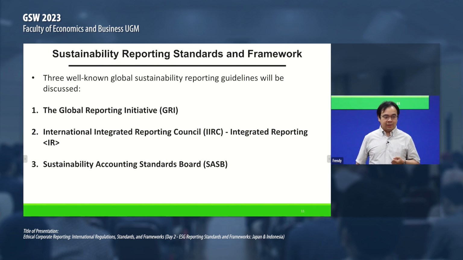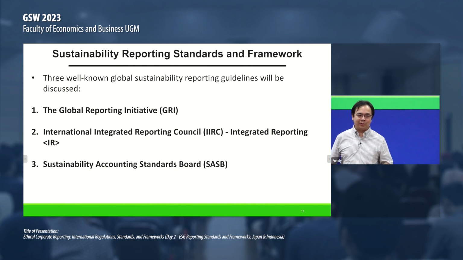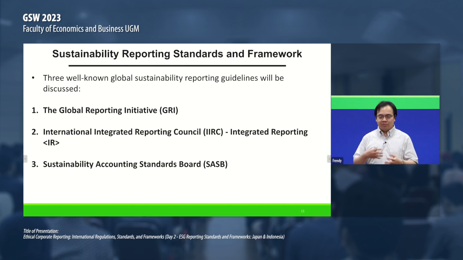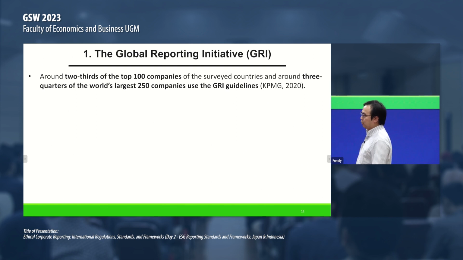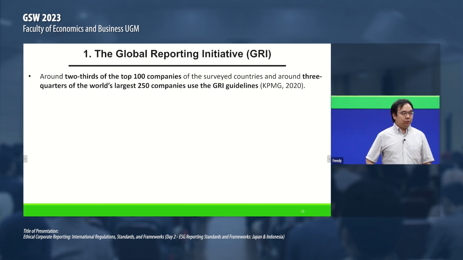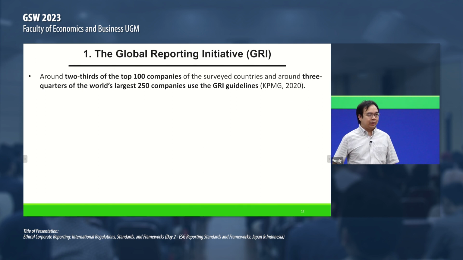Okay. So this is a very exciting time in which we see many independent bodies come up with their own version of sustainability reporting standards. And as we go further into each of them, we're going to see that they are not exactly the same. Okay, they cover slightly different aspects of sustainability reporting. They focus on different types of users. Okay, so let's start from the first one, GRI. Compared to the other standards, this is the most well known and the oldest one. Okay, so you can say this is the most mature standard compared to the others.